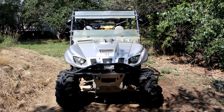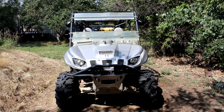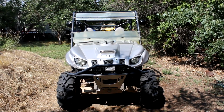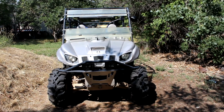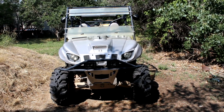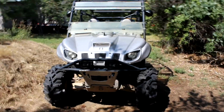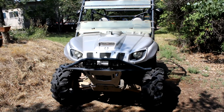Okay, go. This is our 2006 Yamaha Rhino. To those of you that are familiar with the Rhino, you'll say it definitely looks different. That's because it's got a full bore body kit on it. As you can see on the front, it's also got Pro Armor front bumper and Pro Armor